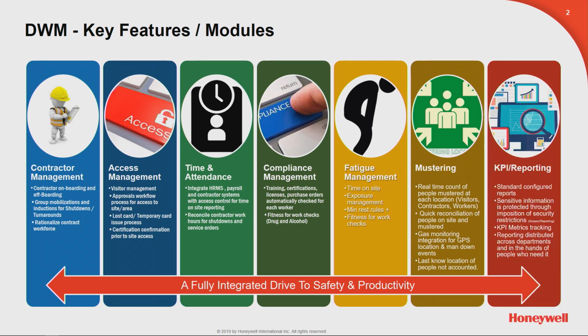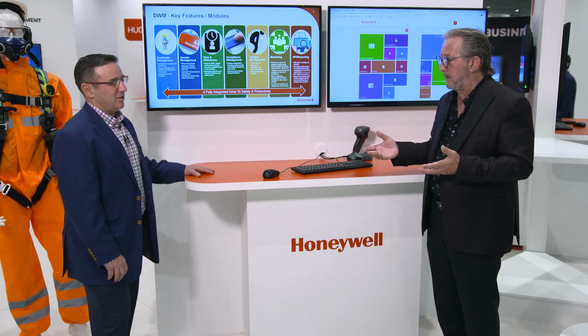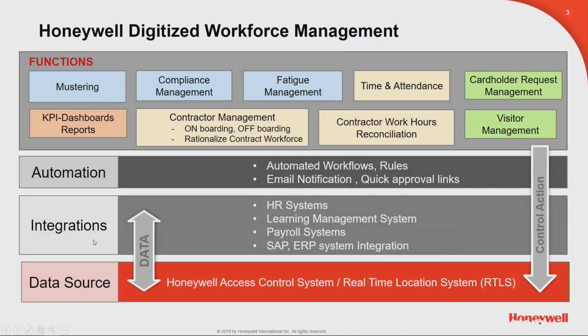So that was a short review of the key features and modules of our digitized workforce management. I'd like to hand it over to Damien to dig a little bit more into the architecture of the system. Damien? Thank you, Pierre. So the overarching architecture is necessary because we've talked about how you bring all these